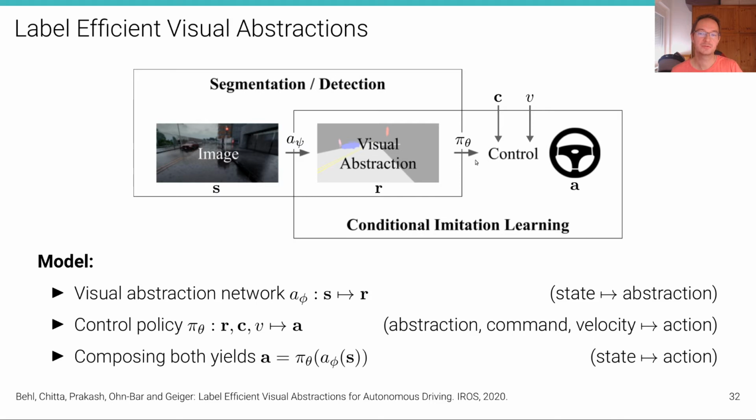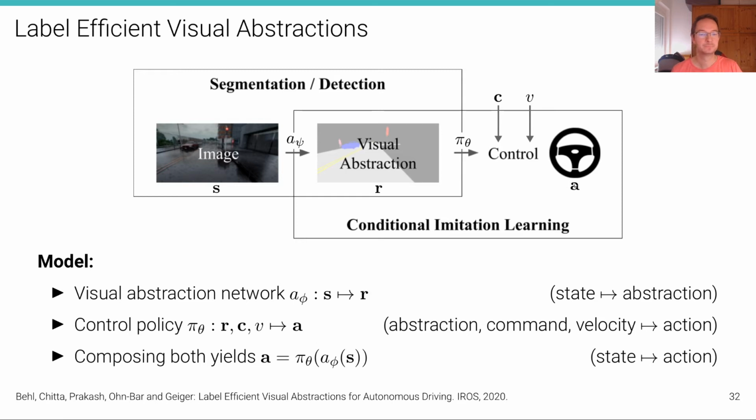And that visual abstraction is then further converted using a control policy pi with parameters theta into a control command by also conditioning on the navigational command, the high-level GPS navigational command, and the input velocity,